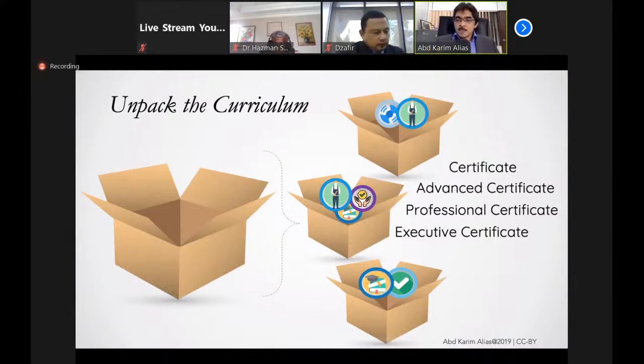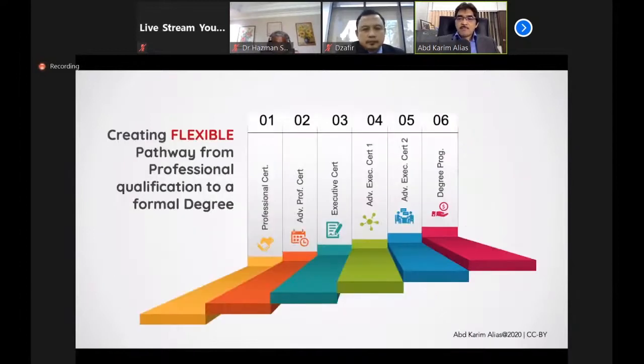This name here is just to illustrate because as Prof. Hasman has reminded just now, the nomenclature of the name of the micro-credential should not clash with what we have in the MQF. So all this can be offered as an upskilling or reskilling program for specific target groups, or as a lifelong learning program.